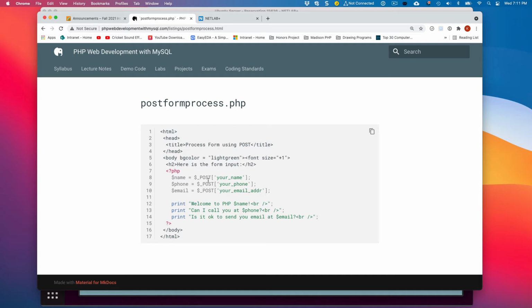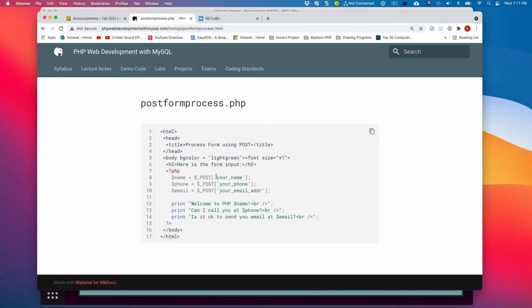Now, remember I asked you to take a look at the name attributes of the fields, and you notice we had your name, your phone, and your email. And instead of using like 0, 1, and 2, which we wouldn't use in the post superglobal variable, PHP allows for these arrays called associative arrays.